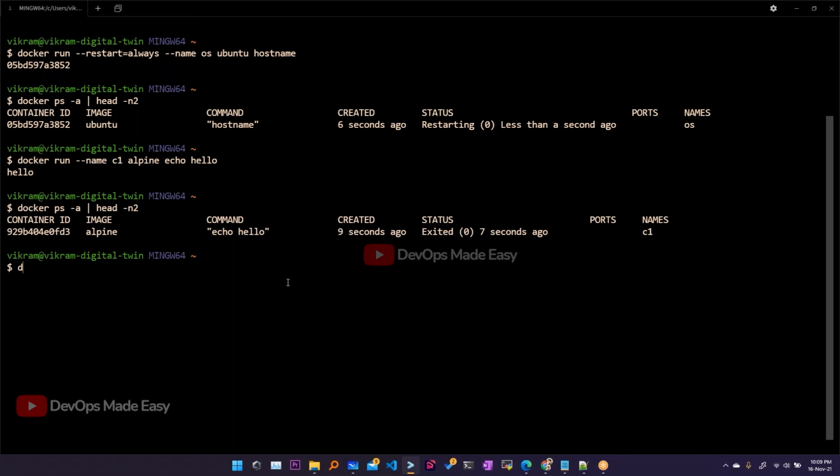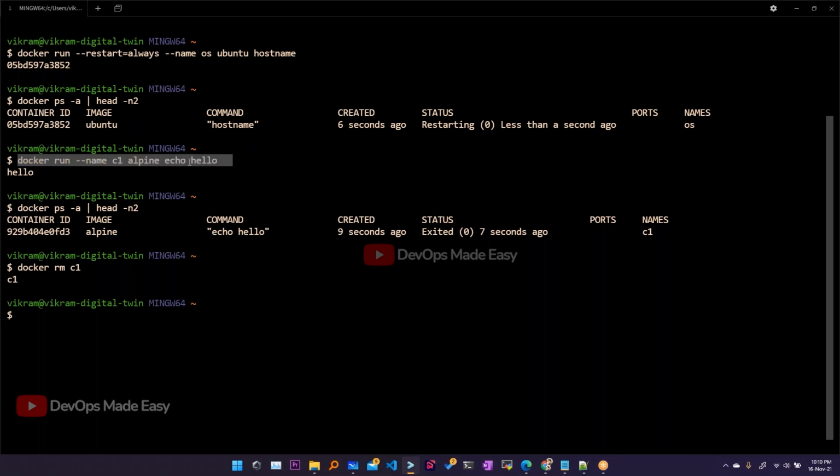So I will manually remove it like this, docker rm, and the name of the container is C1. Every time running the container and then deleting the stopped container is not easy for me, because I don't want to track all the exited containers and remove each one.